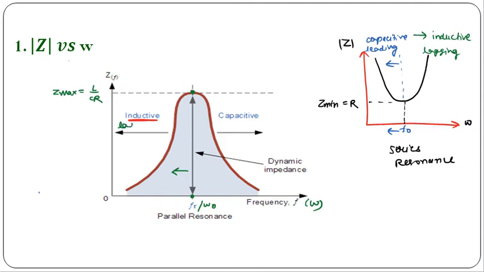So if the circuit is inductive in nature, it means it will offer a lagging power factor. Okay, and above the resonating frequency the circuit will be capacitive in nature. It means RC will dominate here, and RL will dominate here. And if it is capacitive in nature, it means the power factor will be leading in nature. So this is a leading power factor. So this is dynamic impedance and its value is L by CR. So maximum impedance we can also call dynamic impedance in case of parallel resonance.